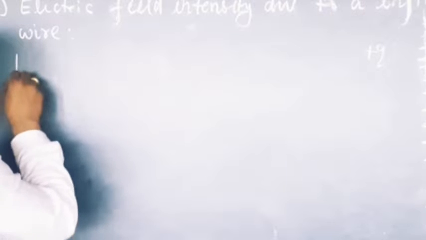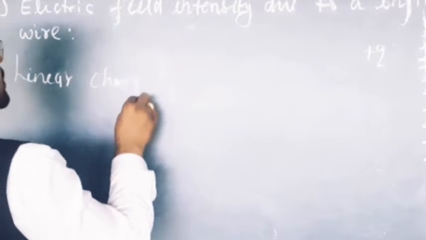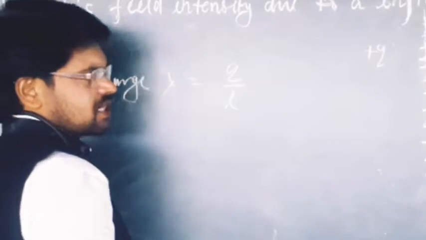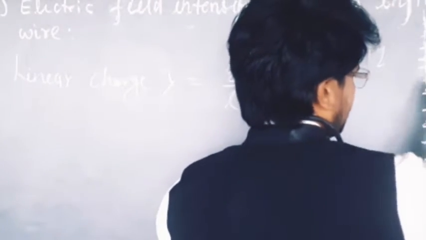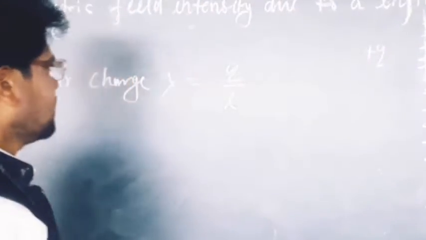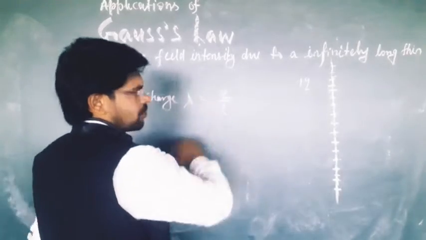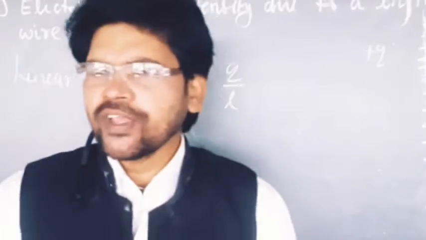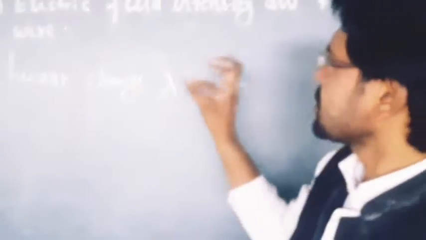So what will be the linear charge density? Linear charge density lambda will be charge upon length. Let L be the length of the wire. We consider a small length L, then lambda will be equal to Q upon L. Now, first of all you have to understand where Gauss